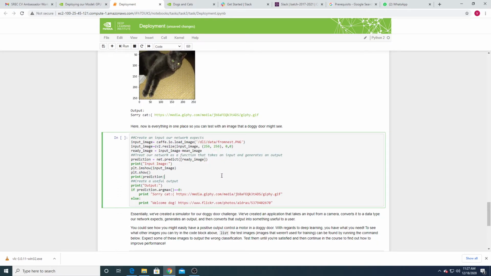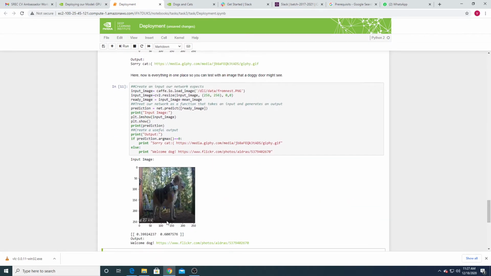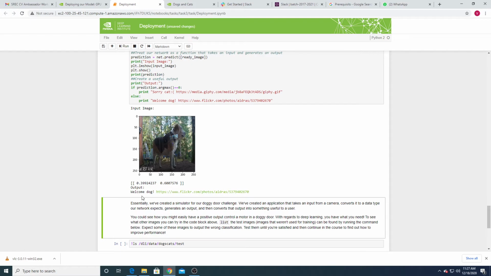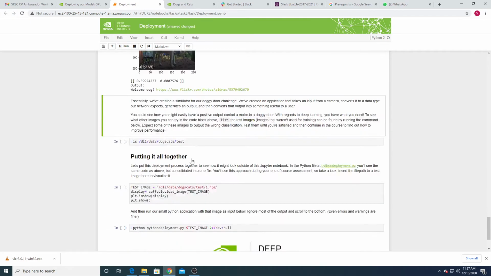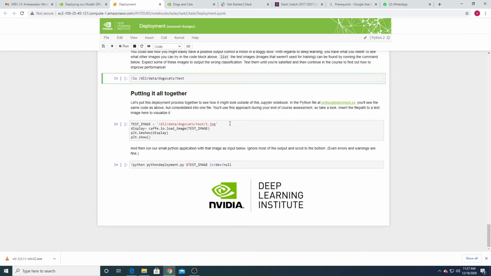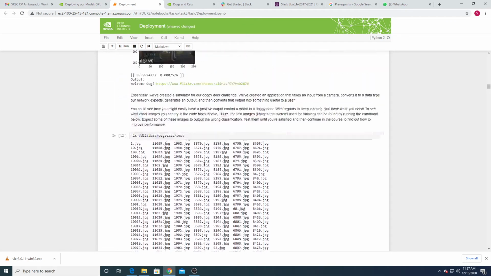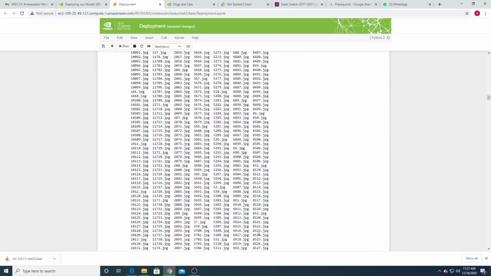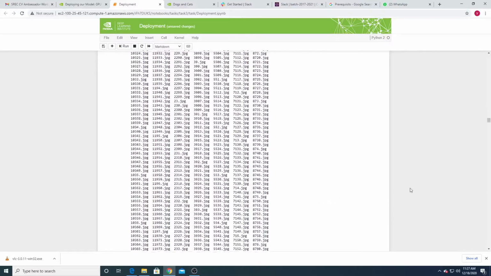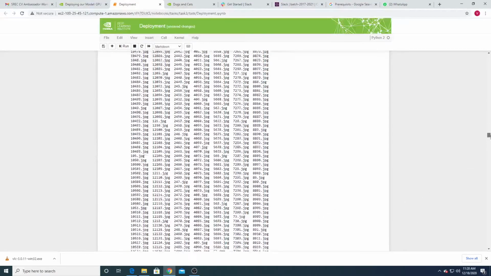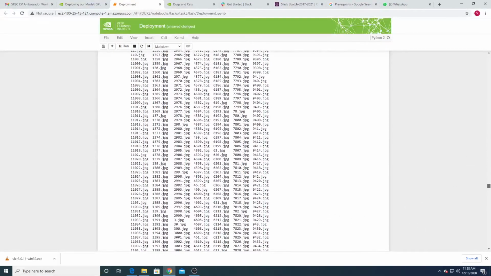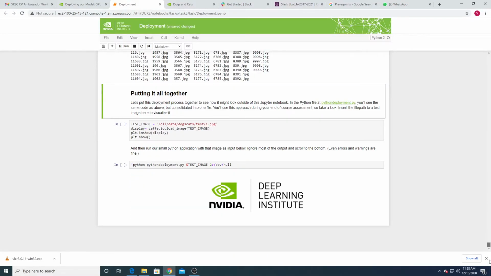Now we are using some other image. Now it is a dog image, so it is showing welcome dog. So you can try with different images. Different images are available in this testing data. See how many images are available in the testing data.